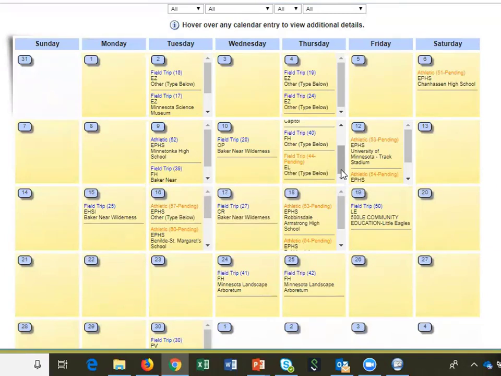The trips that are in orange are still pending approval. They're somewhere in the approval process, so they won't show up on your bid until they are approved, okay? Now, if you would like to see a little more information, like you can see, it's a field trip or